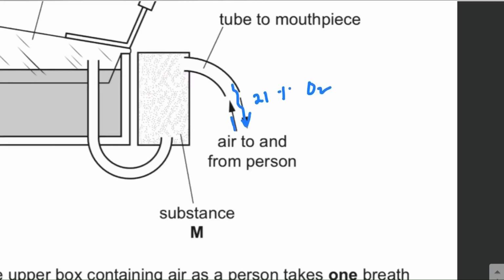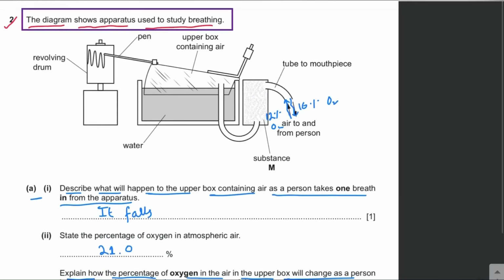Then when the person exhaled the air, it contained 16% oxygen. The next time the person was breathing, how much oxygen? 16% oxygen. And for example, this time the person was exhaling even less oxygen than this, maybe for example 12%. So what do we observe is that when the person breathes in and breathes out through this apparatus for some